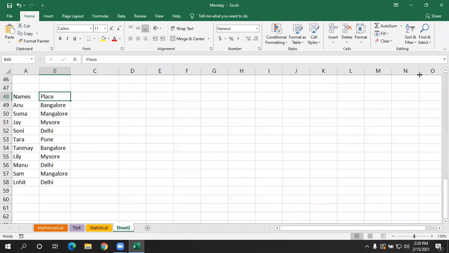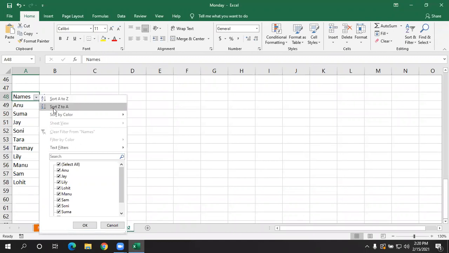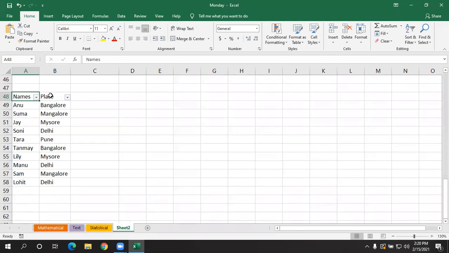Before going to filter, let's check what is meant by sort. When we added a filter, here we had an option called A to Z and Z to A, right? That is arranging data in ascending to descending, and descending to ascending. Now I don't want to add a filter button. Without adding a filter button, I want to sort the data. So how to sort the data without adding a filter? First let me clear it. Sort and filter, I am deactivating this filter, so it is cleared.